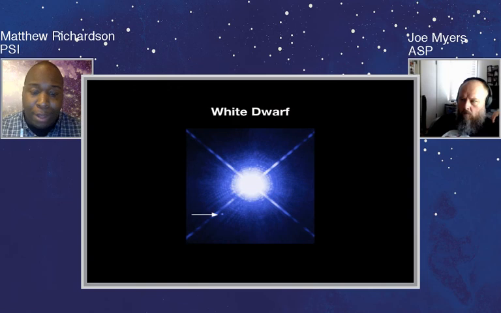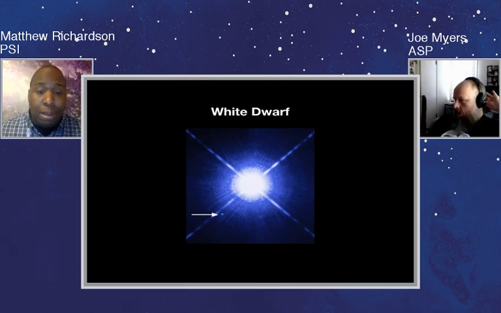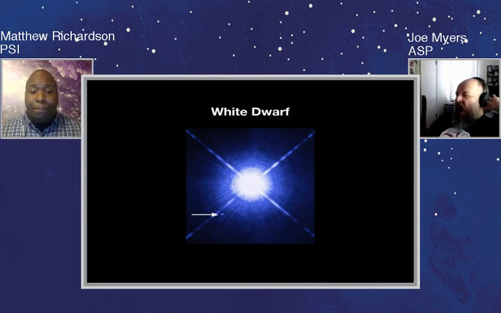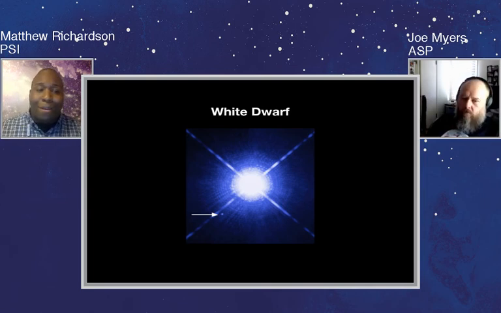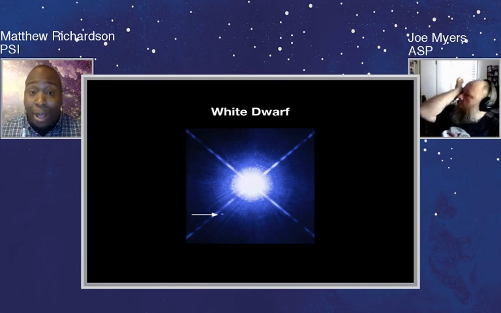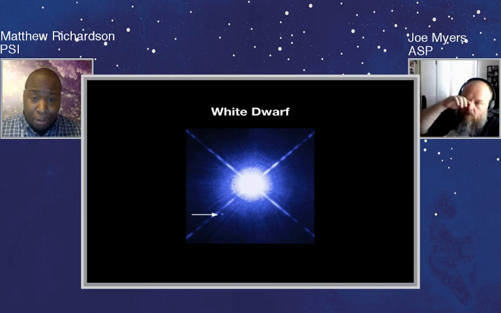But after all of that, you're left with a planetary nebula, and at the very center of this image, or this animation that I'm showing here, we're left with a white dwarf. The white dwarf itself is going to be composed primarily of carbon. However, there will also be some amount of oxygen within these stellar objects. And so this is the ultimate end for stars that are low mass. Again, low mass stars being 8 solar masses or lower.